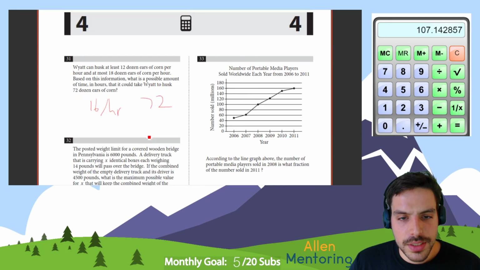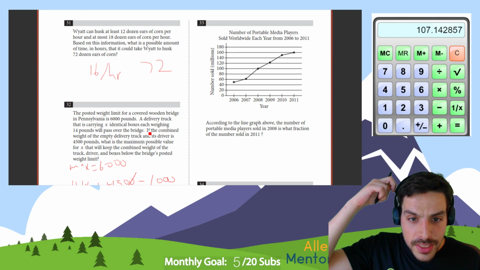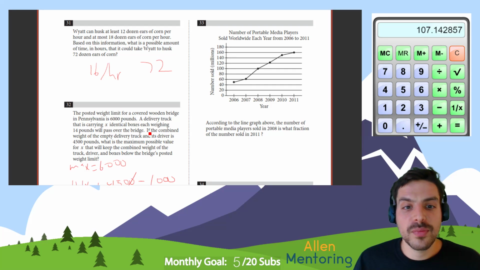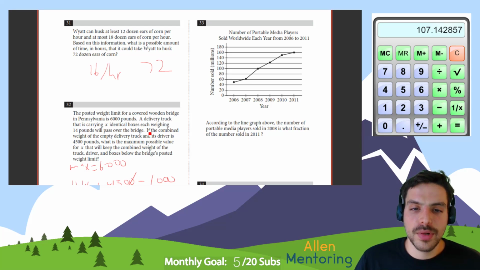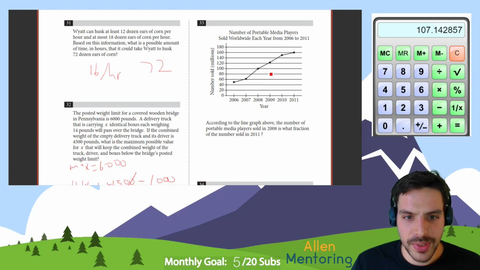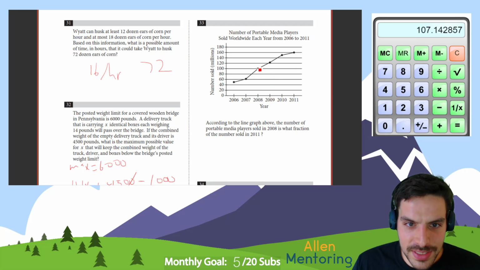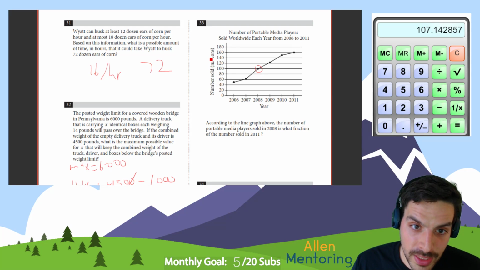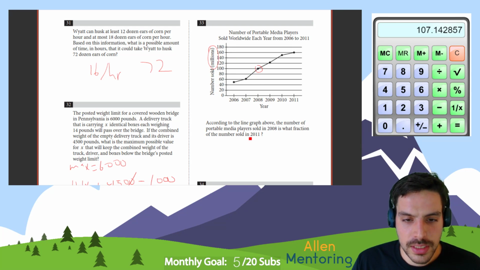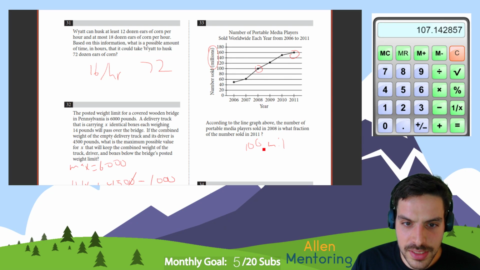Cool. So 33. According to the line graph above, the number of portable media players sold in 2008 is what fraction of the number sold in 2011? That's actually pretty easy. So we have the number sold in 2008 is 100 million, because this is in millions. So it's 100 mil